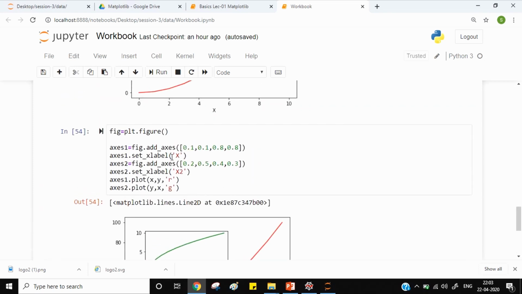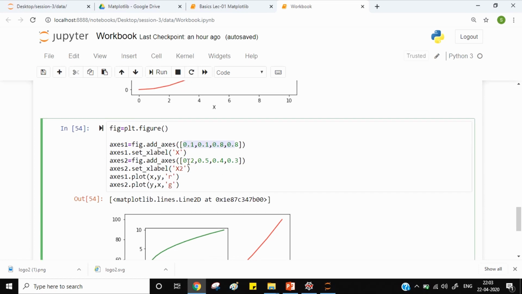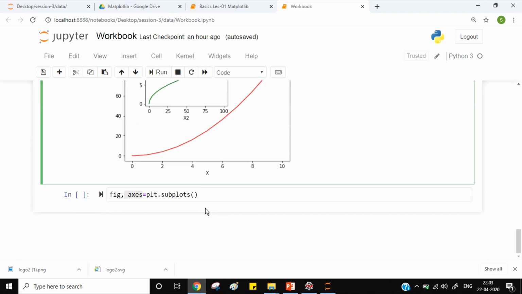You can see here you have two plots present. You have to explicitly mention the axes for both the plots, but when you use plt.subplots, it automatically creates axes for you, so it provides the best fit for both the plots.